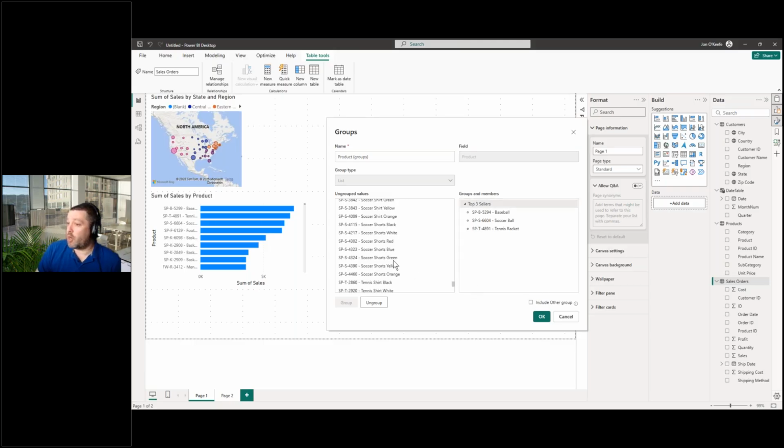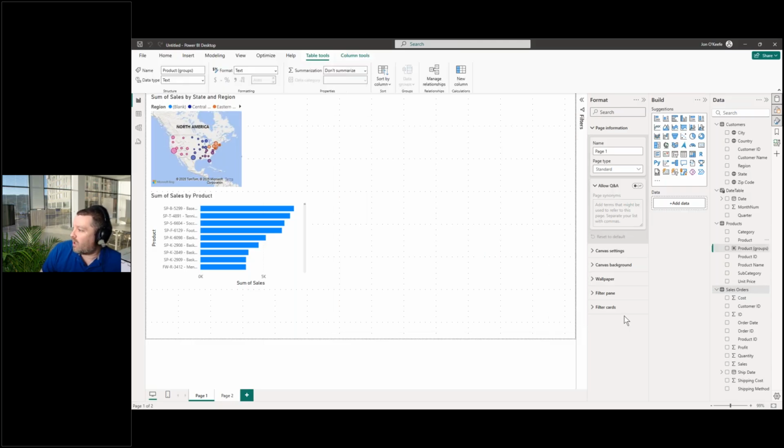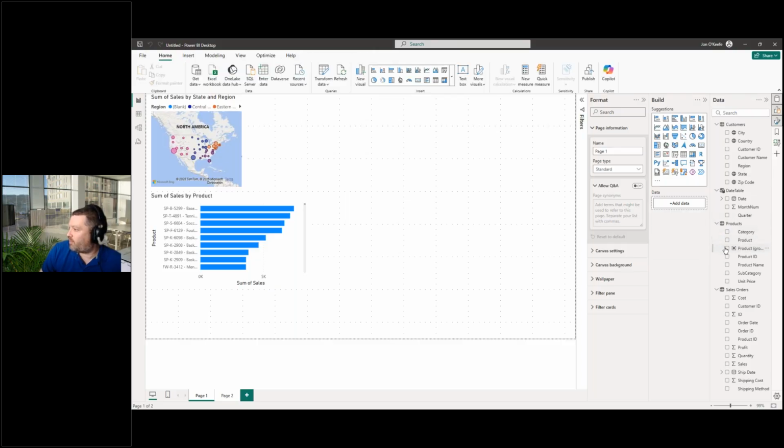I can include an other group or create more groups beyond that. By creating an other group here, this will take everything that's not these 3, and now I have a new data category here called product groups. And right next to this, I might build a visualization using this